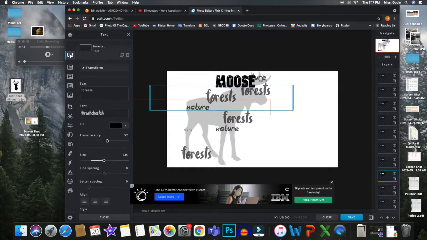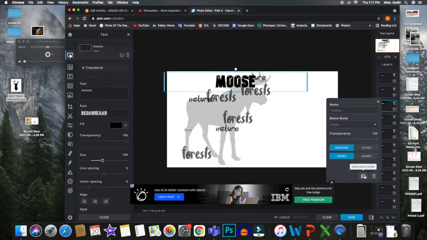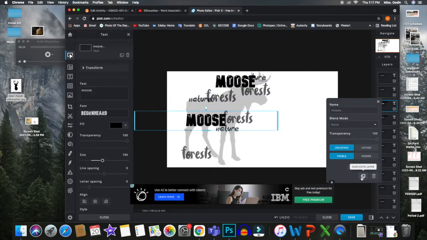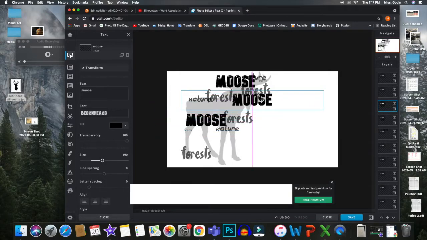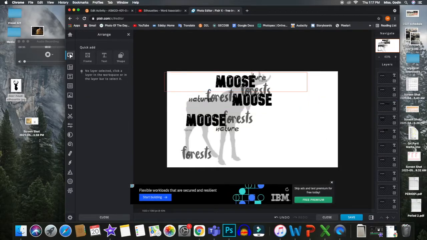Okay, so once you have the words covering the entire moose, let's duplicate the moose a little bit more. All right, and again, we would want all of these outlines to be completely covered. So let's pretend it's completely done now. Now I have a lot of text layers over here. So the step that I'm about to do is going to take a long time. Instead of having 20 different layers, I want there to only be one text layer. So I'm going to click on these 3 dots,